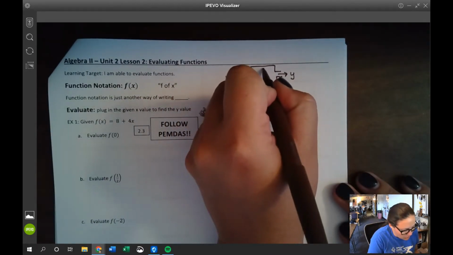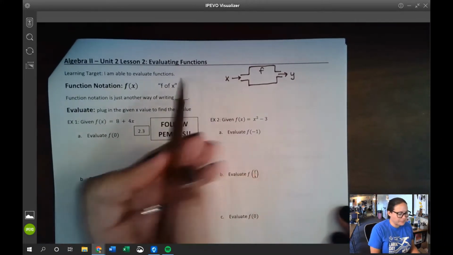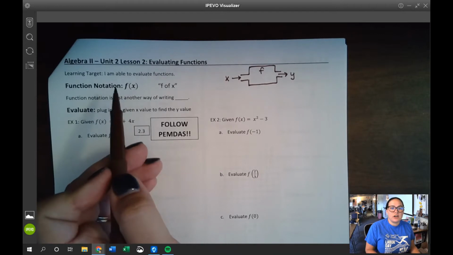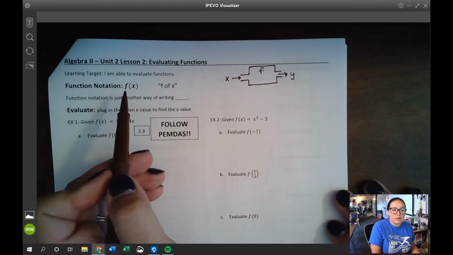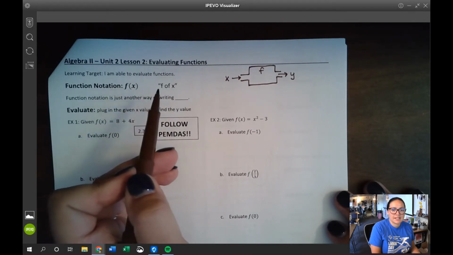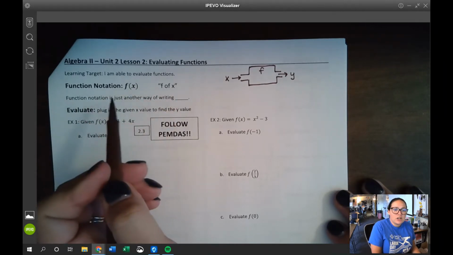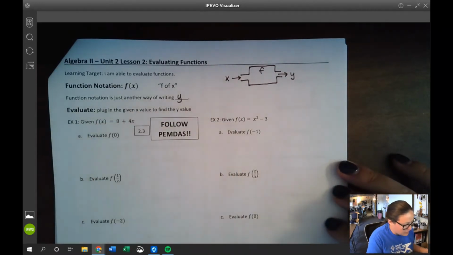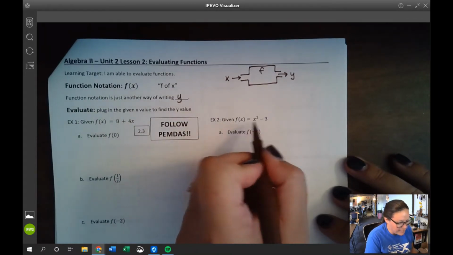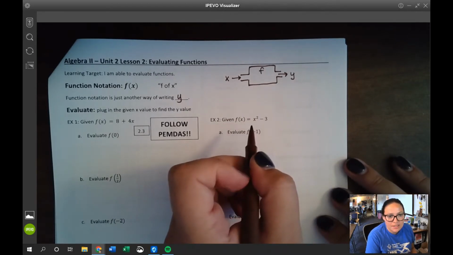So let's say I call my machine f for function, okay? This is how we write the name, in a sense, of a function. It's called function notation. And we say f of x. So when you see the f and then parentheses with an x, we say that as f of x. And really, function notation is just another way of writing y, okay? So like here you could say y equals x squared minus 3. It serves kind of the same purpose. But essentially,